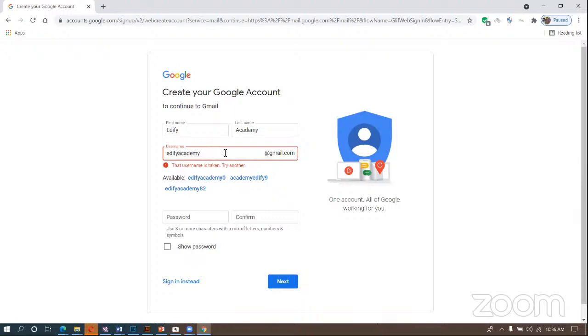Then you just add a country. Mr. Edify Academy, Uganda. We said we can add some letters, which if it started in 2021, why don't I put 2021? Maybe before we continue,